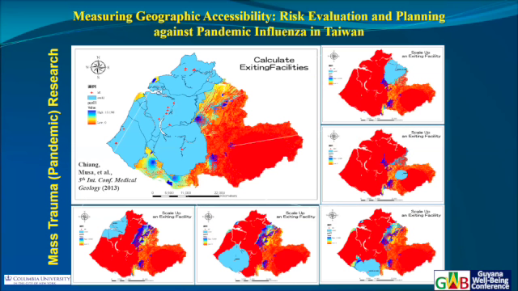This is an example from Dr. Chang-Po Huang in Taiwan. He was looking at what would happen if an epidemic were breaking out in Taiwan. Their brilliance, they were ahead of the game, ahead of COVID. I'm actually curious to find out from him later, he's on here today, if in fact they used this model to identify how to use it for COVID.